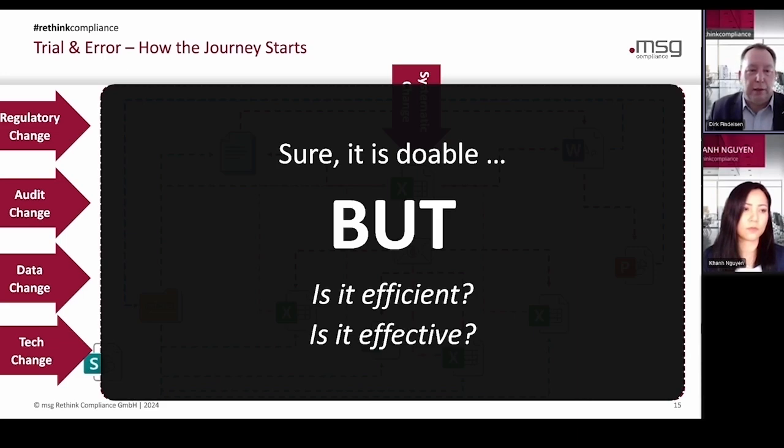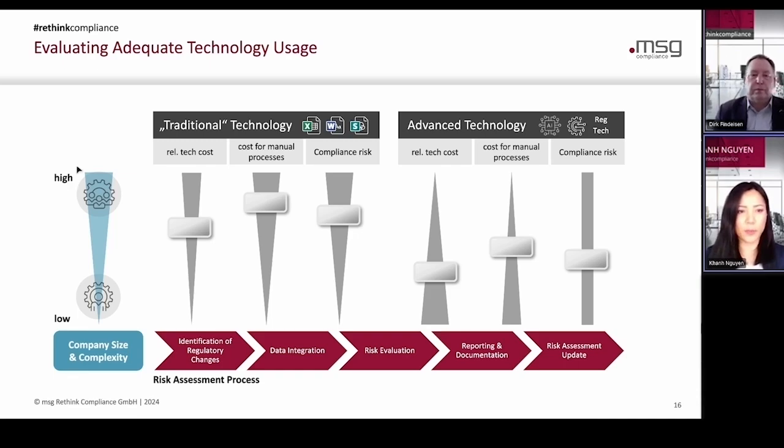But Khan, could you provide us an idea of how we can get a better understanding of what might be the right technology mix, and what needs to be more advanced technology to be efficient and effective? Yes, of course. In order to answer the question of whether it is efficient and effective, we think it's worth looking at the complexity of each company.